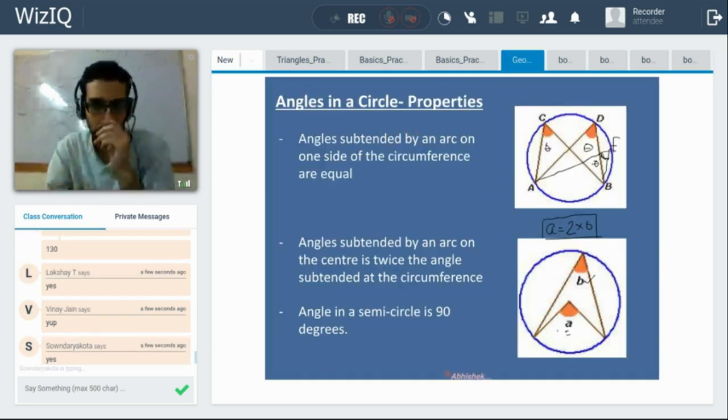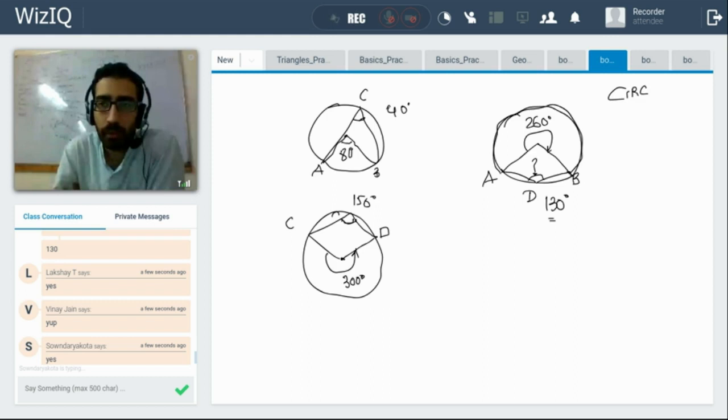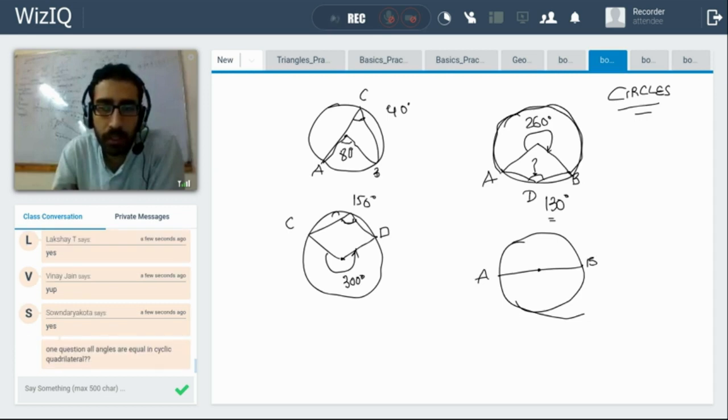Of course, sorry, very important, but I forgot, since we're talking about properties of circles. A very important property of a circle is that the angle in a semicircle is 90. Now, a semicircle is half of a circle, which means, say, let this be A, let this be B. If AB is a straight line passing through the center,